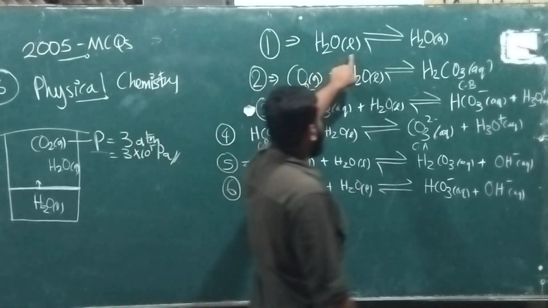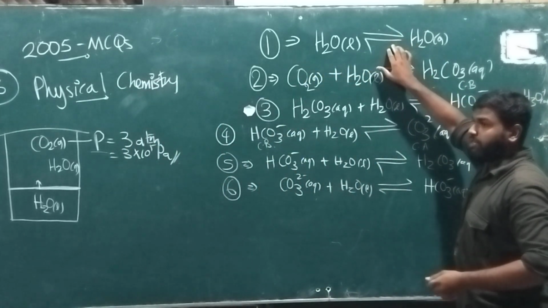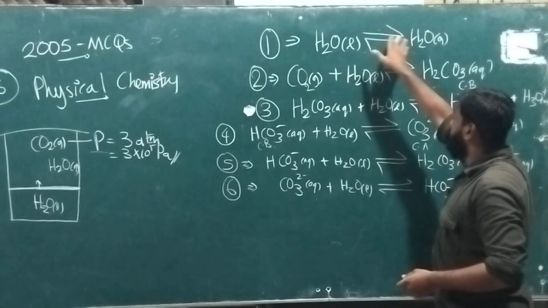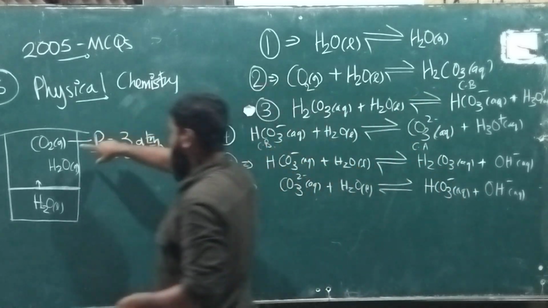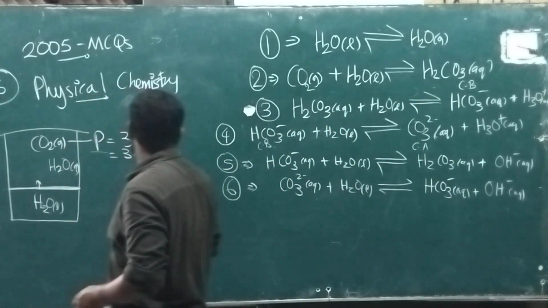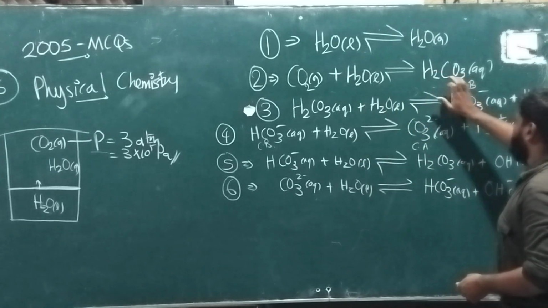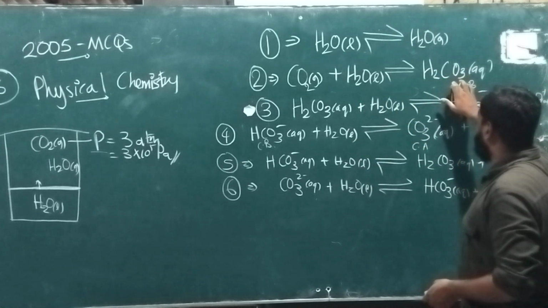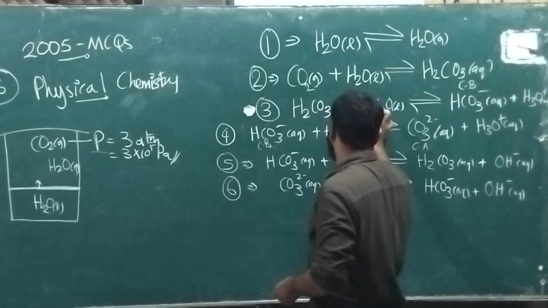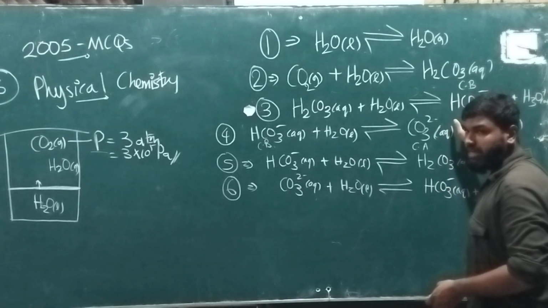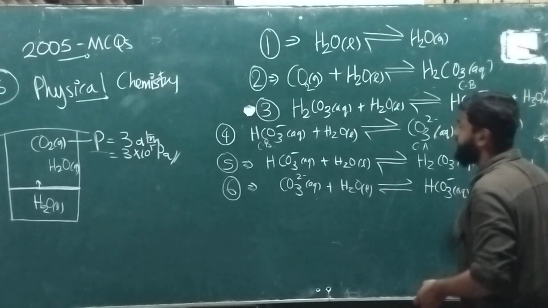One is caused due to the evaporation of water into the gas phase. So we can say evaporation. At the same time, there will be a condensation due to a dynamic equilibria. Due to higher pressure than the atmospheric pressure, some amount of carbon dioxide will be partially dissolved into the liquid, forming carbonic acid. This carbonic acid will undergo a partial reaction, forming a bicarbonate ion, releasing a hydronium ion. So therefore this place is going to be acidic.